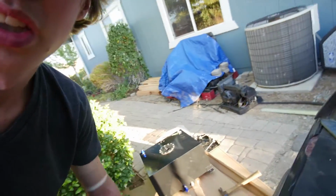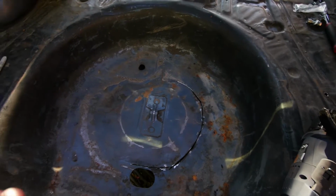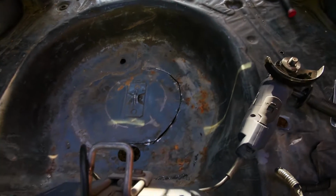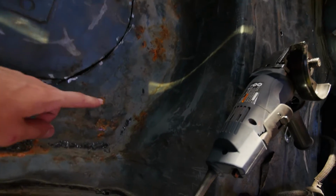And today we're going to be installing my fuel cell into the Mustang, so check it out. As you can see, I've already started cutting some of this out, and what I'm going to do is cut this raised circle, because if you know about tire wells, that middle part is all raised up. That way my fuel cell can sit flatter, and I'm going to cut right here,